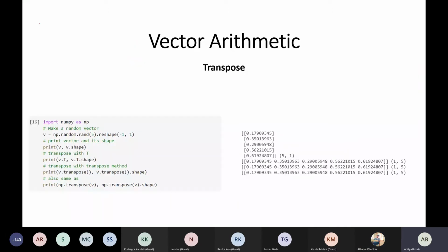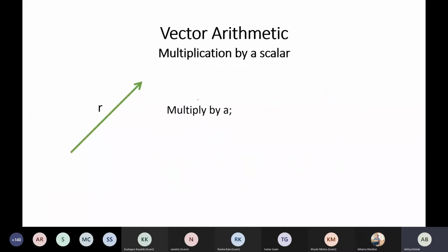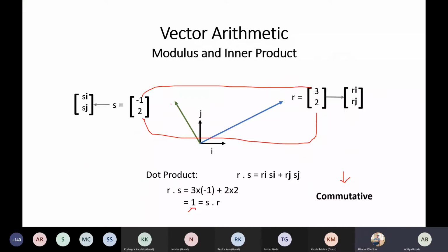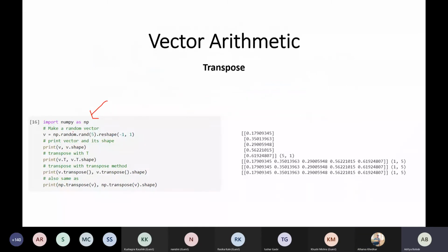For doing the transpose of a vector, we have three types of functions available in NumPy. Again, I'm importing NumPy as np. Now I'm taking v equals np.random.rand. Ignore it if you don't understand it; you can just use the previous functions like np.array 1 2 3 4 5 6, anything. The function I'm using right now will randomly put any values between 0 and 1, just for my purpose.